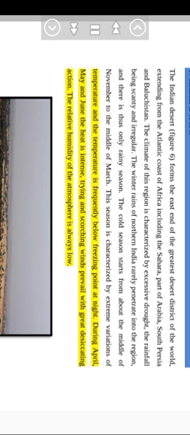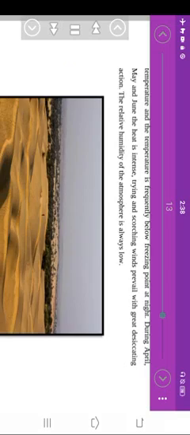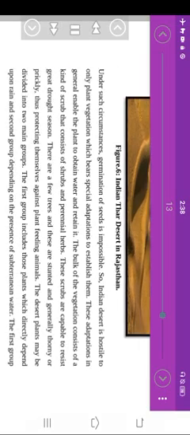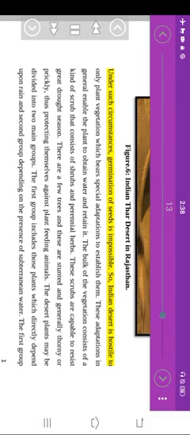During April, May and June the heat is intense, trying, and scorching winds prevail with great desiccating action. The relative humidity of the atmosphere is always low. Figure 1.6: Indian Thar Desert in Rajasthan. Under such circumstances, germination of seeds is impossible. So, the Indian desert is hostile to all plant vegetation except those which bear special adaptations to establish themselves.